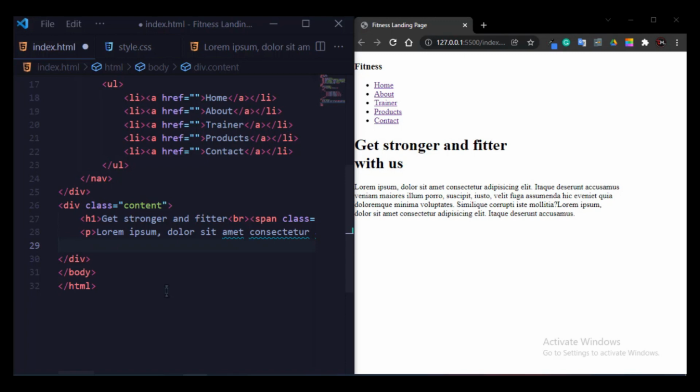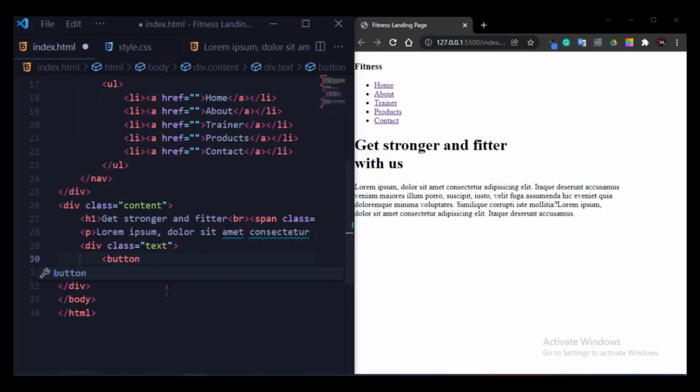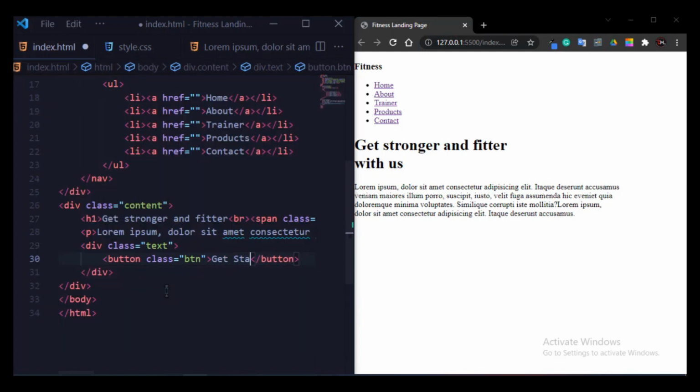So simply I will write div and define a class name text, and now I will write button and again define a class with name button, and write some text here, Get Started, and save it. So the button is coming, Get Started.